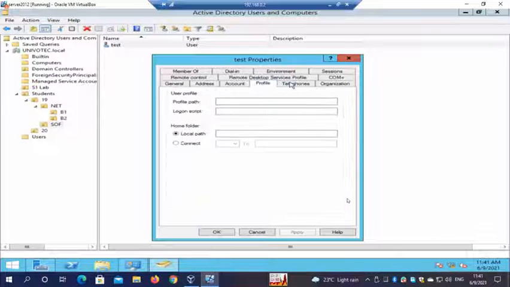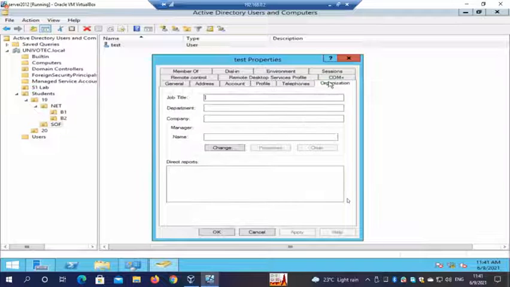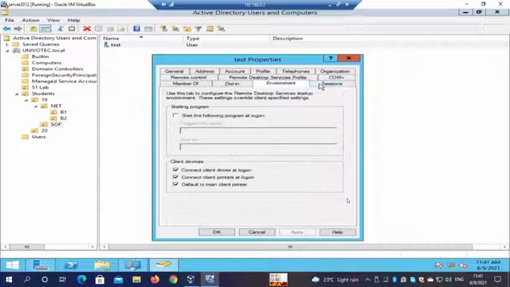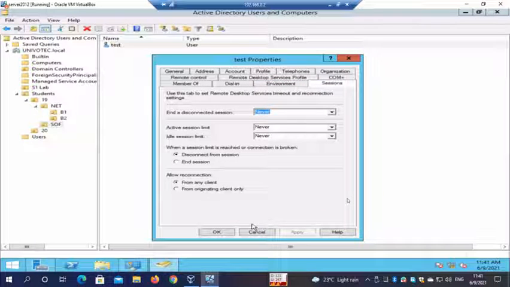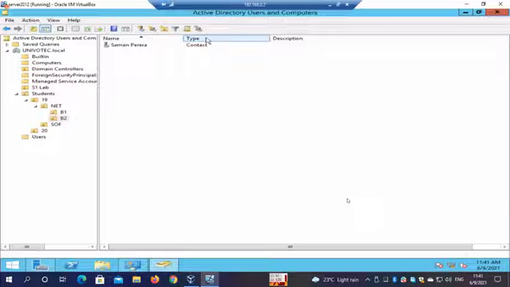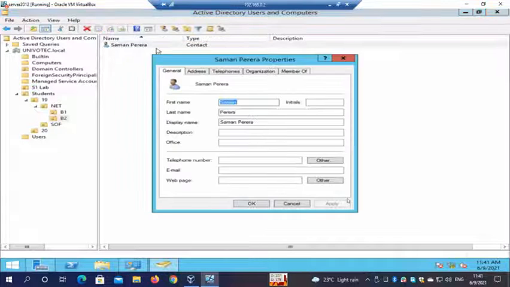Then there is profile information. So the telephone and those things were there in that contact as well. But yes, so it's a member of Domain Users. So that person was not a member of anything because that is not a login account, right? That is just having the person's details. Okay, it's just a contact.